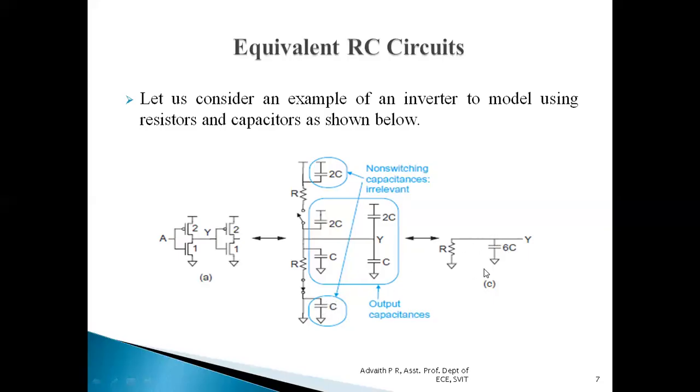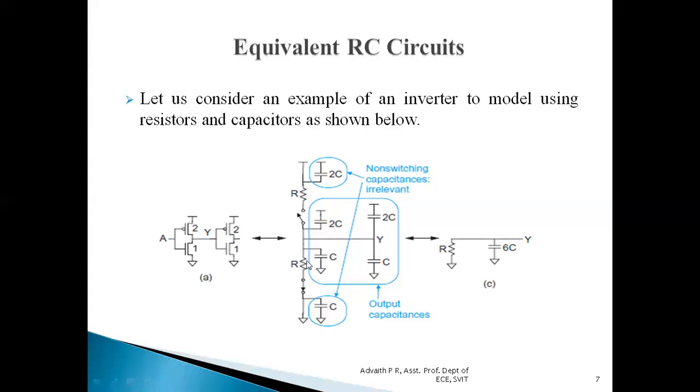And figure 3 indicates the equivalent capacitance as well as resistance of inverter. So if we observe the second figure over here, we have two MOSFETs which are modeled. One is PMOS, one more is NMOS with its equivalent resistance values. And we have two capacitors with respect to PMOS transistors which have been modeled. One is the source capacitance, one more is the drain capacitance. Source capacitance has the value of 2C. Drain capacitance is also modeled with the value of 2C because we have considered that the width of PMOS is twice that of NMOS.